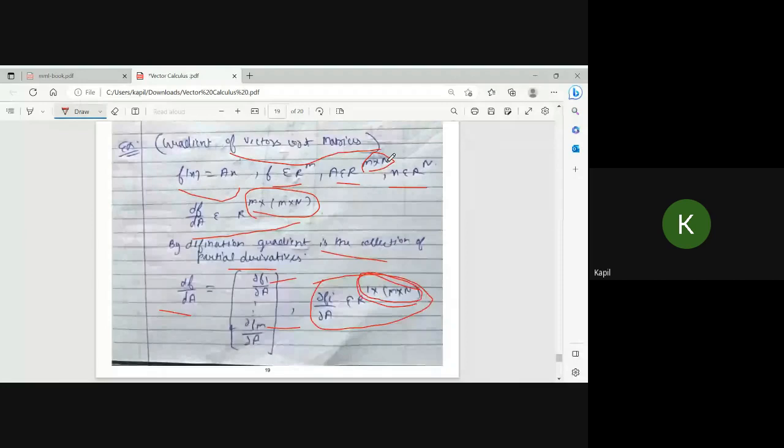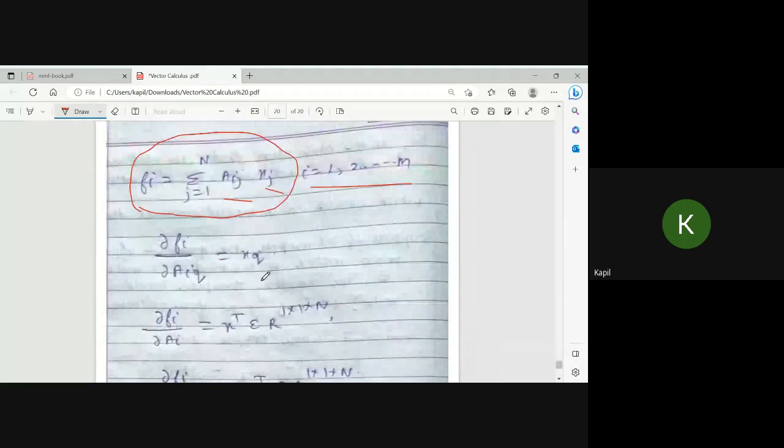So as in the previous question, we can write our function in the general form as summation j equal to 1 to n, because our x is n dimensional. So we can write summation j equal to 1 to n of a_ij x_j, where i is 1 to m. So at any point, del of fi upon del of a_iq,